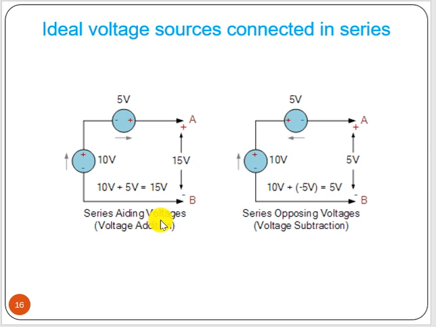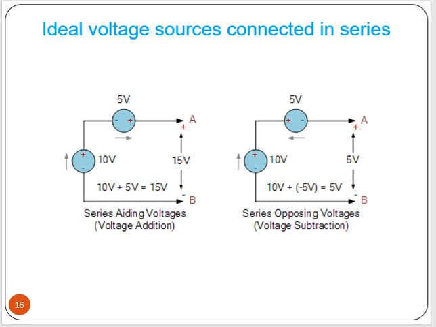Okay. The ideal voltage sources are connected in series. So this is minus plus, minus plus. So it will add up and the total voltage will be 15 volt. Now here see, minus plus then plus minus. So both are not in the same order, that is opposite order. This is going from minus to plus. Here, if you go in that direction, minus plus. So both are adding up. Voltage increases, minus to plus, minus to plus, and here it is 9. So it is additive, and here it is minus to plus increase, then plus to minus, so it is decreasing. So 10 minus 5 volt, so here the result is 5 volt.